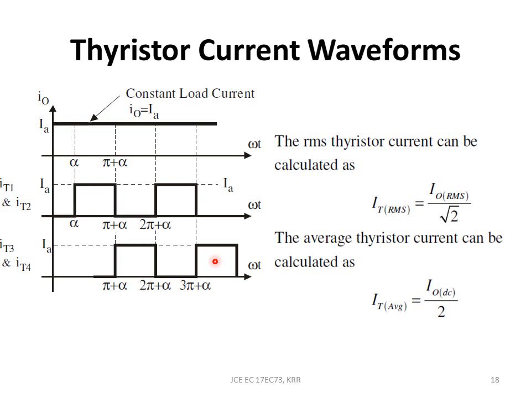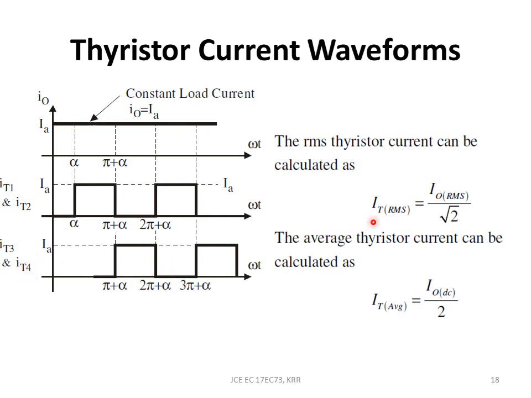But at the supply side, that is at the input side, this will be the same when T1 and T2 are conducting, and this will be reversed. That's how in the Fourier series the IDC value becomes 0. And here we have to evaluate what the thyristor RMS value is. See, this is not the load current. Load current is the current flowing through the load, but it is basically made up of two components. One part is carried by T1 and T2, right? This part and this part, and these two parts are carried by the other two thyristors, T3 and T4.